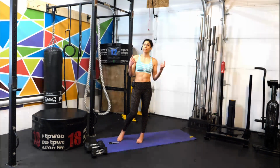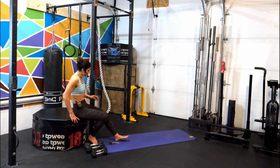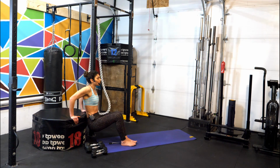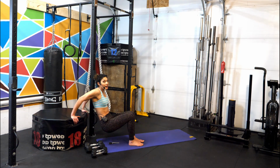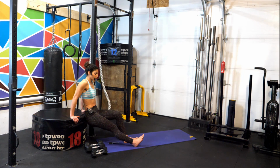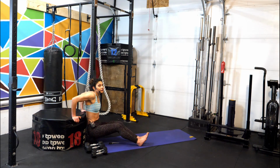All right, athletes, so let's go through the first movement. Today we're gonna start off with dips. Now, dips here, we're gonna stay nice and close to our bench or our couch. The further we are away from our bench, then the more torque and strain there is on the shoulder. Now, you could straighten out the legs to make this a little bit more challenging for you, or you can